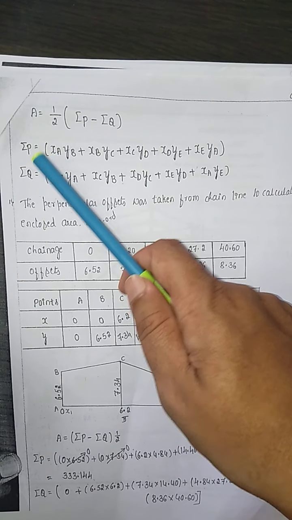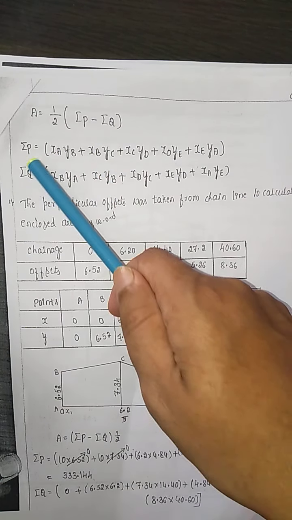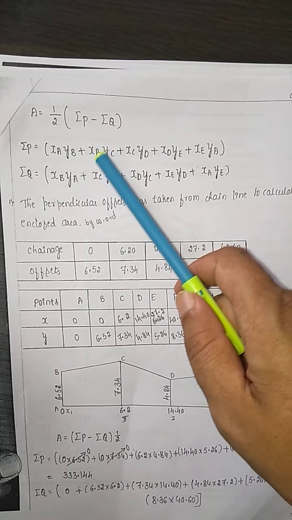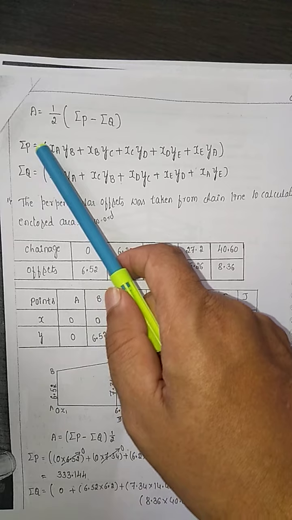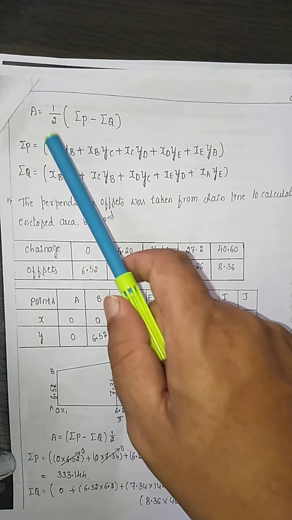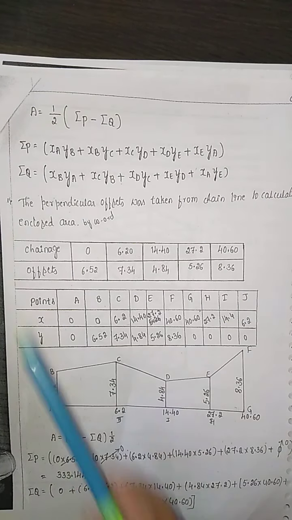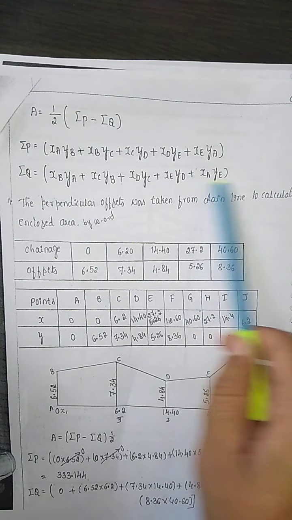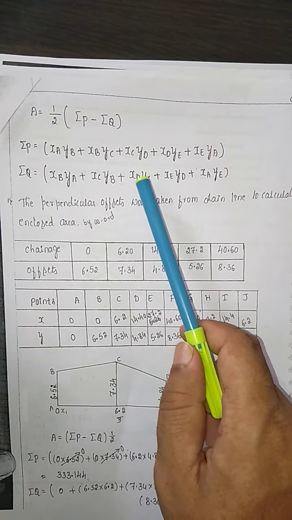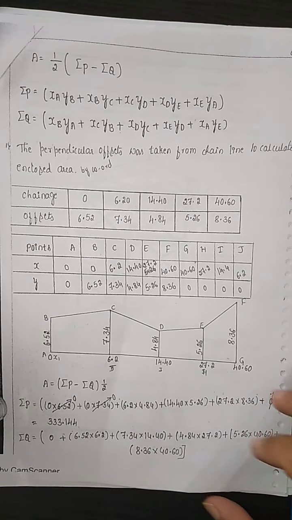So here you need to remember x and y, and again x and y will be common: AB, BC, CD, DE and EA. This thing you need to remember. X and y will be common for all. Here you start with AB, BC, CD, DE and EA. Then sigma Q is given by xb, with x and y common, BA, CB, DC, ED and AE. You need to go in reverse in order to solve sigma Q.